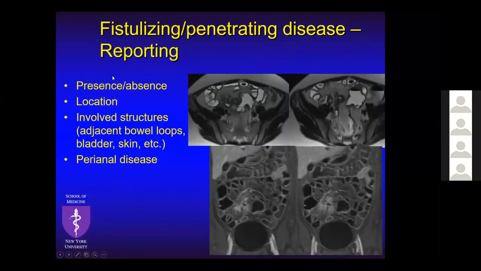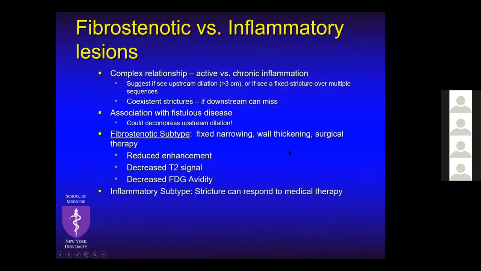And so what do we do? We look at the presence, absence, location, involved structures, and perianal disease. Again, here you can see several sinus tracts, and you can see the blind ending sinus tract going into the mesenteric fat here. So again, how do you tell the difference? I don't know that anyone has reliably been able to tell the difference, and part of it is because it's on a spectrum. So you can suggest if you see upstream dilatation or if it's fixed over multiple sequences,